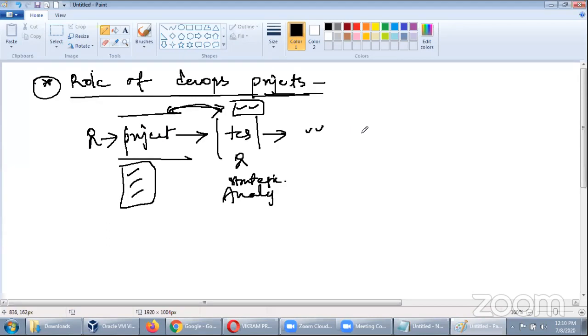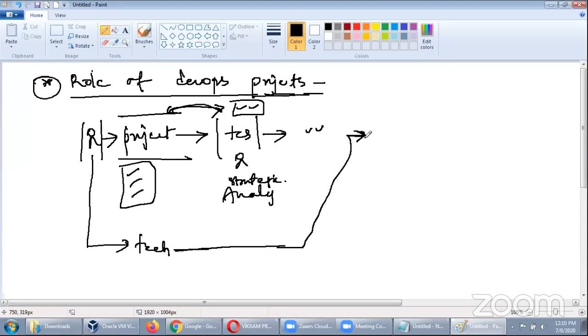Now the next question that comes into the picture is, if the client is a techie, guys, this is what happens in the industry. If the client is techie, in the sense he knows the technology, he may ask you to do the project in a particular model only.